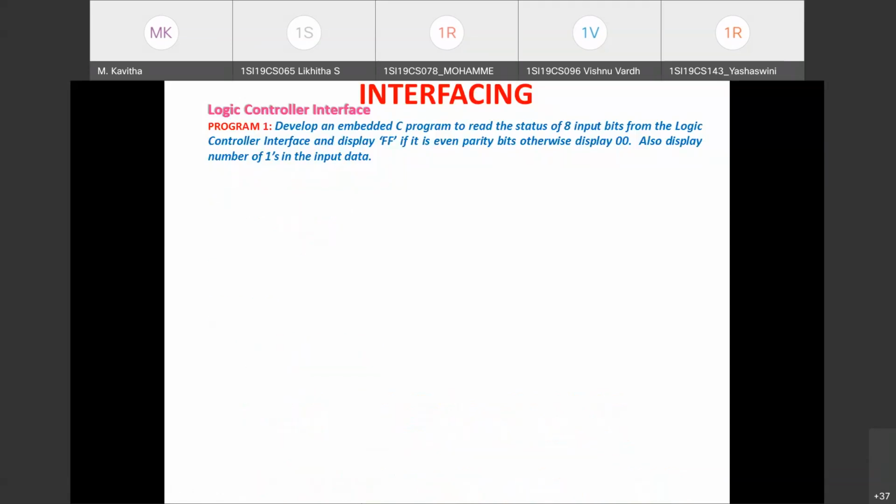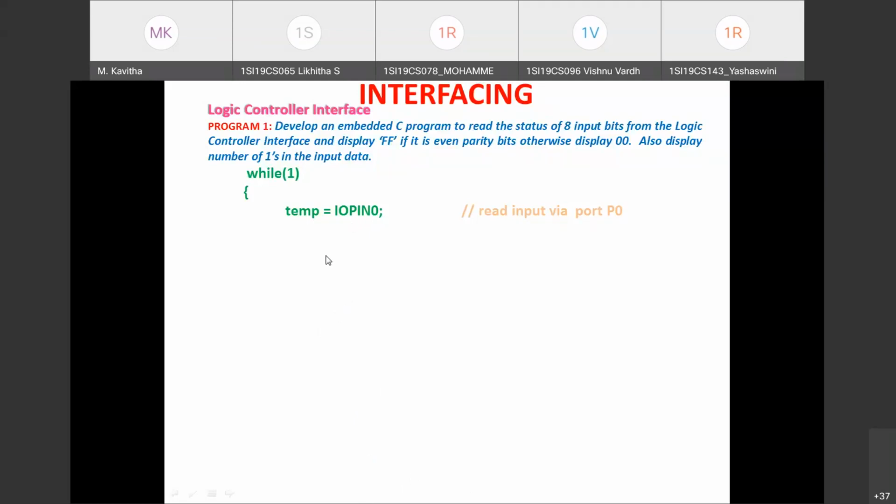Now coming to our logic. These are the operations we are running infinitely. We are trying to read the input status of the logic controller through IO pin 0. Port 0 is the input port pin. Directly we can read the pin status by reading the IO pin 0 register, the register associated with port 0. Since port 0 is the input port, we shall read the 32-bit data through IO pin 0.